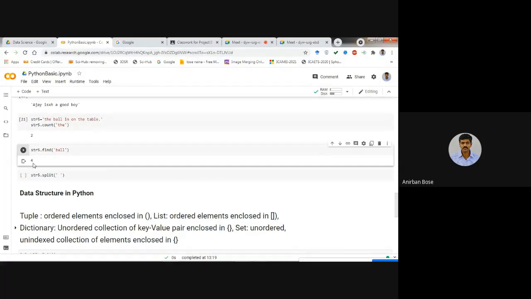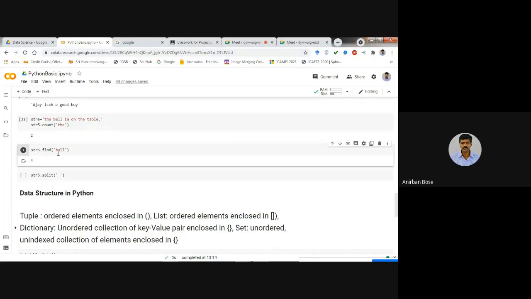That means the index where this B is, is 4. So if you start counting from T, that is 0, 1, 2, 3, and you see the index of B is 4. So that is why the ball is at index 4. Because ball starts with B and B is at index 4, that is why it is showing 4. So in this way, we can find out the position of a particular word within a string.